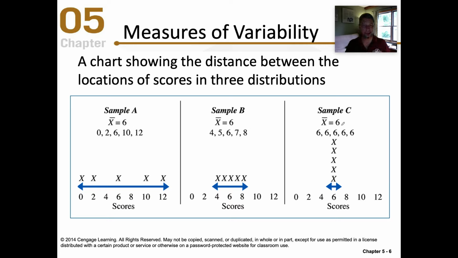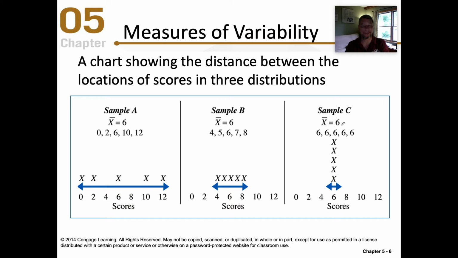There's 6, okay? But obviously, just by looking at the data, you can see that sample A has data that is much more spread out than the data that you find in B, and certainly more spread out than the data you find in C, right? C is very consistent, all right? As a matter of fact, there's no variation at all in sample C, whereas there's a tremendous amount of variation